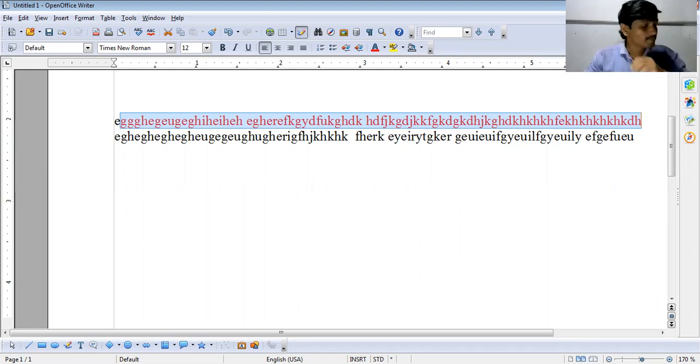Now see here, if a grammatical mistake is happening, then it will show a green zigzag line under the sentence or that word. If a spelling mistake, it will show, sorry, a red zigzag line under the word.